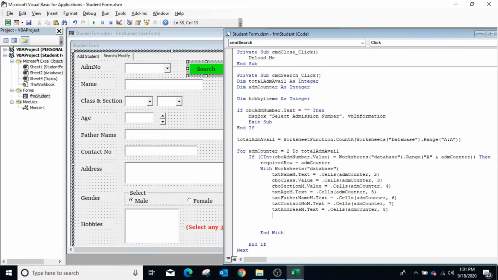Now for the option box, we will select the corresponding value. So we will check the value stored in the database sheet.